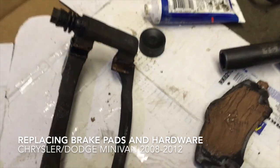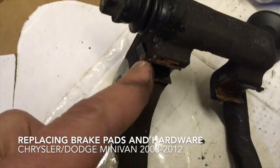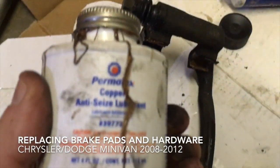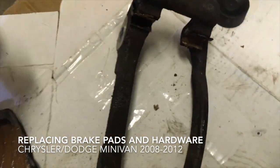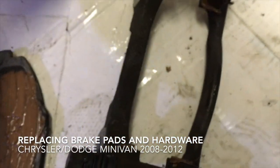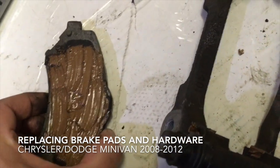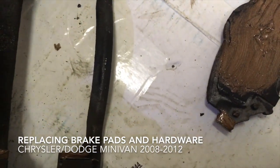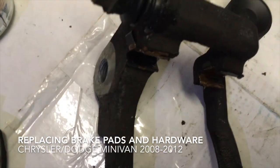And now I've used copper anti-seize, and I've gotten right up in here. Copper anti-seize is by Permatex. You could get this from pretty much anybody, but the copper anti-seize is really good. It's number 39772. You paint the outsides of your pads where the caliper is going to be pressing on, and